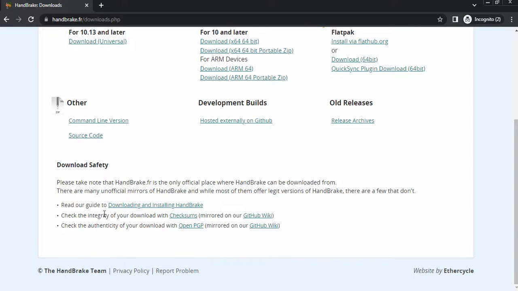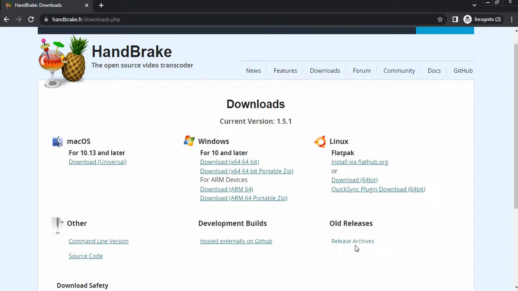Nope. Read a guide to, nope, that's not what I need. Old release. So you go to the archives. Sorry about that. Go to archives and download an older version, but let's assume your computer is up to date. Just click on download 64-bit